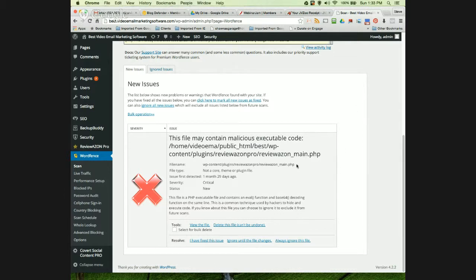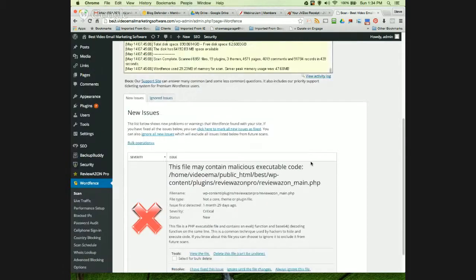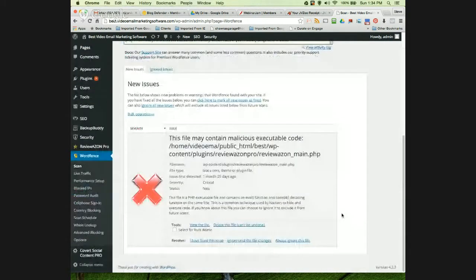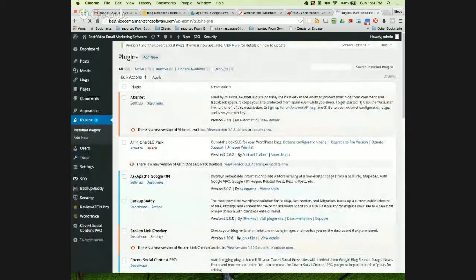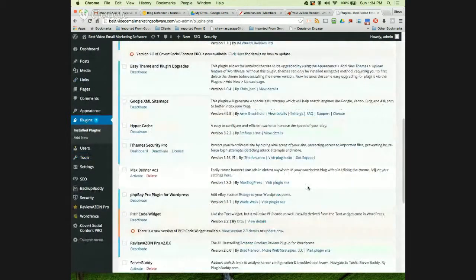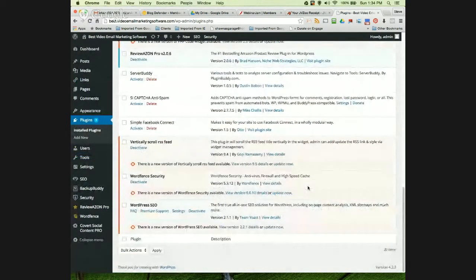Review Is On is a plugin that feeds from affiliate Amazon stores. So they don't like the look of the code, but that's the way that the program was written, and so just ignore that. But other issues we'll need to take care of. Anyway, so plugins. So the first thing you do for what we're dealing with here is setting up the caching system for Wordfence. And of course, everything needs to be updated